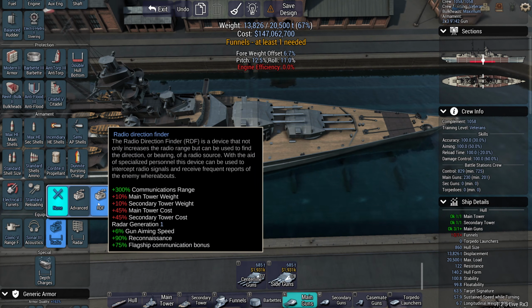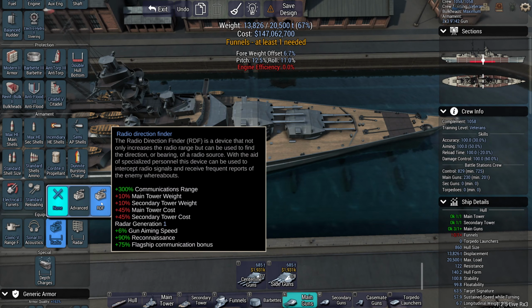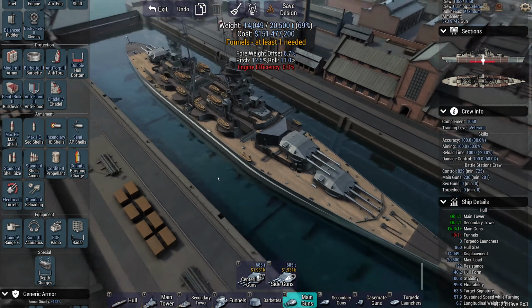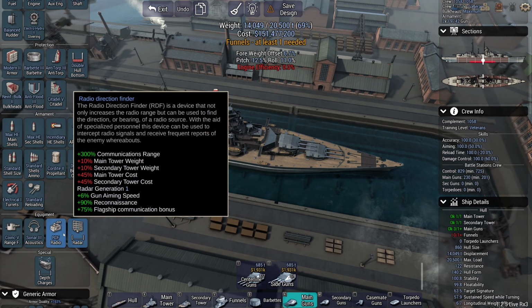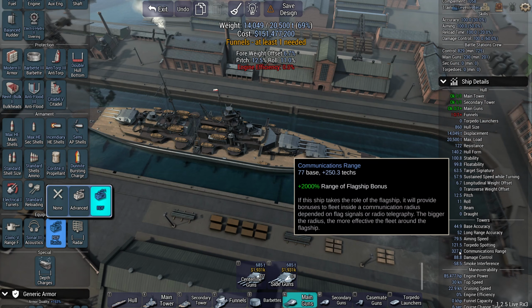It will also allow slight gun aiming speed, better reconnaissance, and flagship communication bonus. Now, what are all those? Comms range means that a ship is going to be communicating with others. And if you have a heavy cruiser as your flagship, as long as ships are inside the range of this ship, they will get a bonus to accuracy. That's what communications do. Reconnaissance allows you...